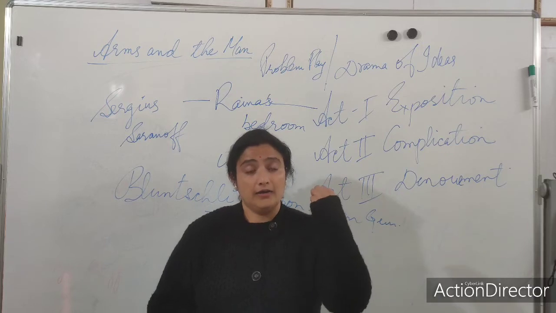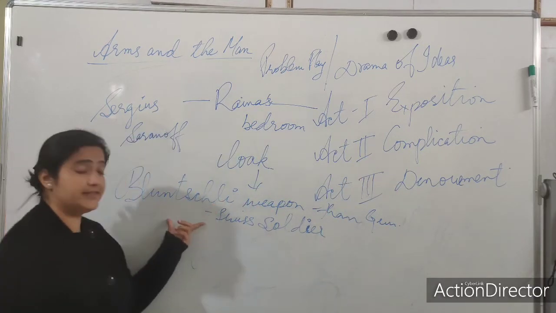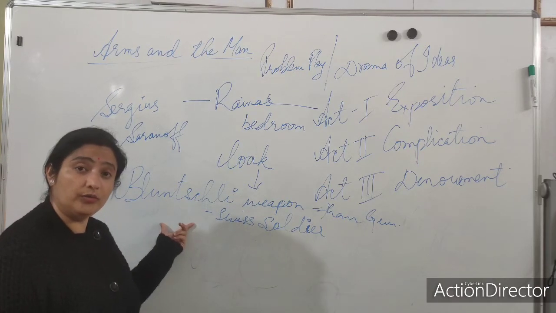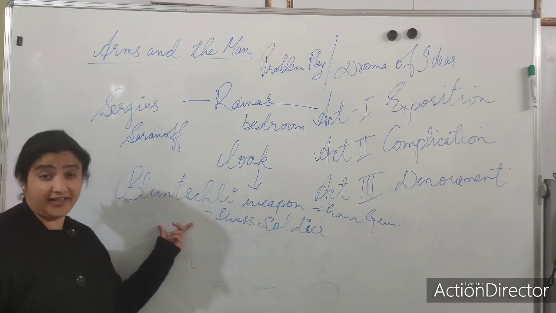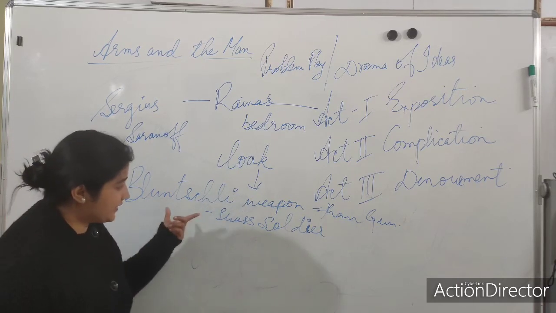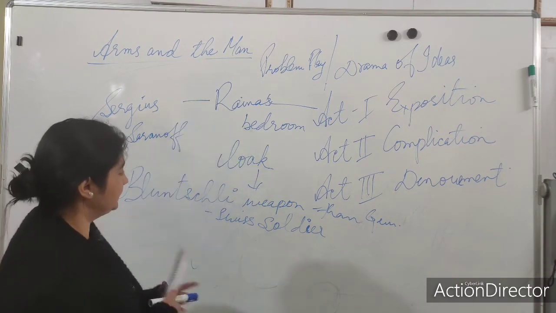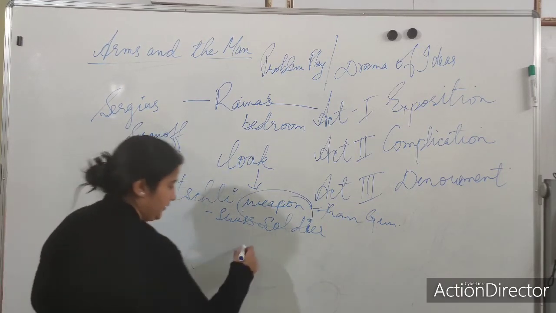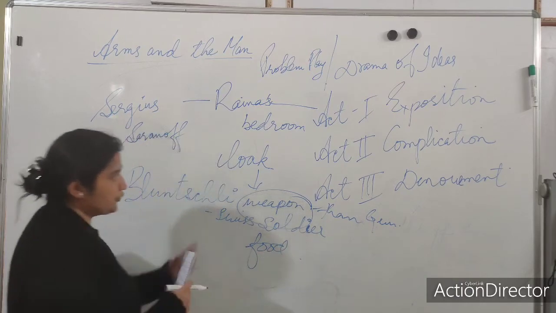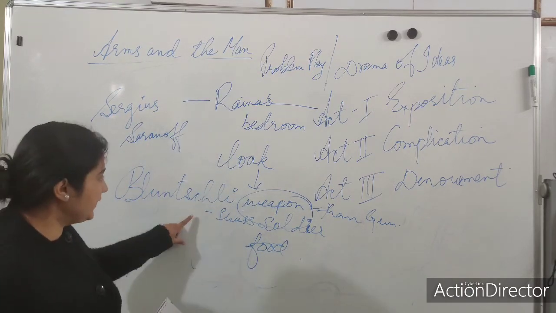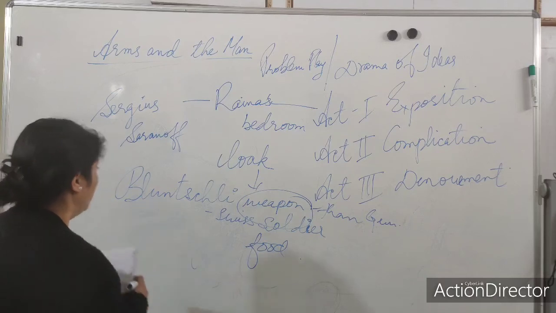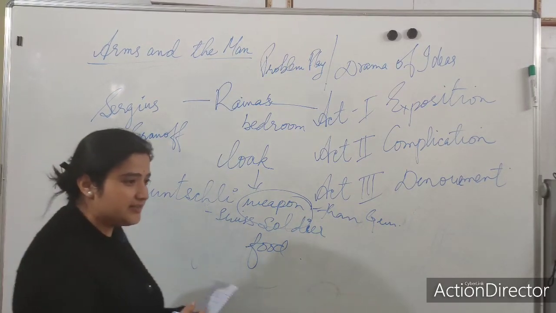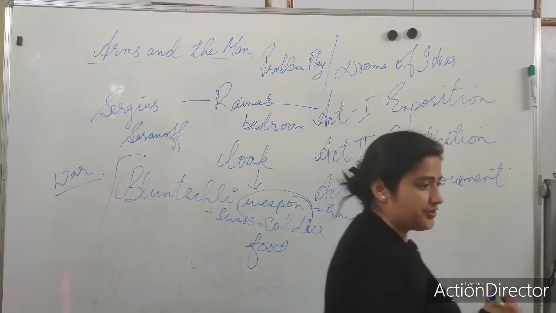She says, bluntly, he says, I do not carry cartridges to the war. What I carry is chocolate and candies, because as far as war is concerned, weapons are not important. What is important? Food is important. So through this, Shaw is breaking the notions of what we call war: the bravery, the idealism, everything that is related to war.